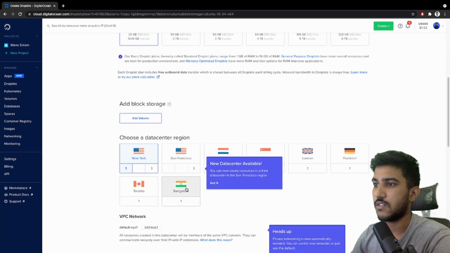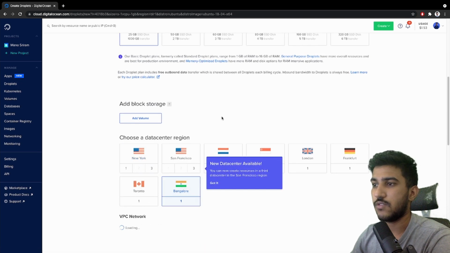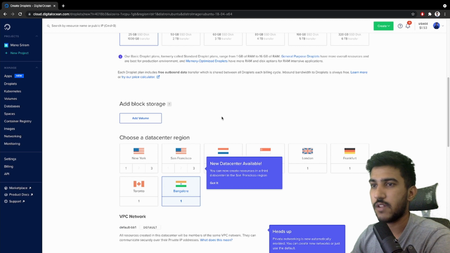And let's select our region. Usually, whenever you select a region, the virtual machine would be started, or you can say it would be enabled, at that location. So it's best to choose the location nearest to you, so that communication is pretty quick and there's no latency. If the traffic is very high, then you can spot the high amount of traffic and where it's coming from, and then you can deploy a droplet there.